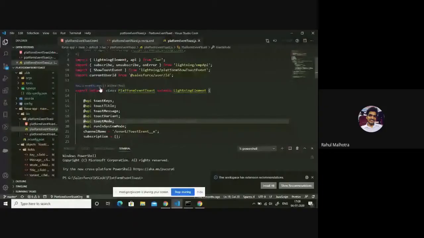I have specified these variables with the @API annotation, I should say. I have used this annotation because I need to expose these variables as design parameters. Or even if I'm calling this component from a parent component, I need to use the @API annotation to make this variable public.